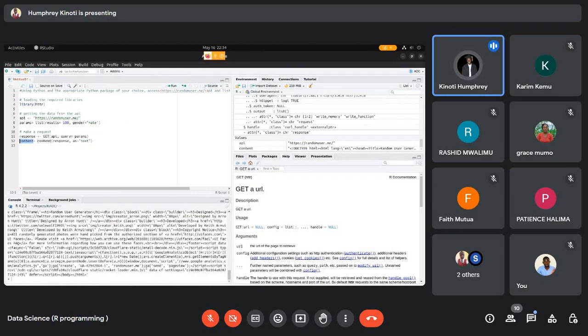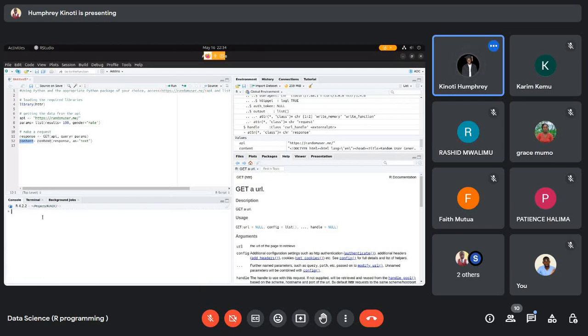But the problem is that we have a lot of... Control L to clear the console. Now next,